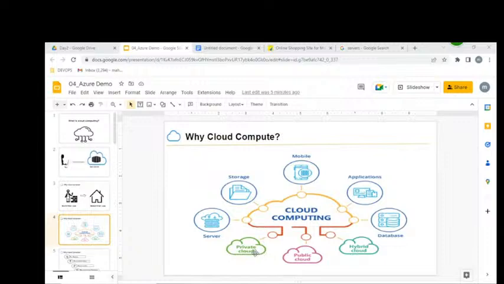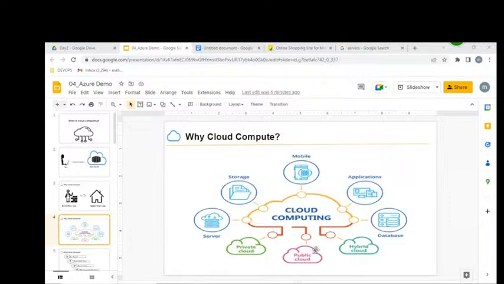We can get a private cloud, a public cloud, a hybrid cloud. We can get databases, direct applications, and mobile apps. These are all the benefits of using a single cloud computing. These are why we are using cloud compute.